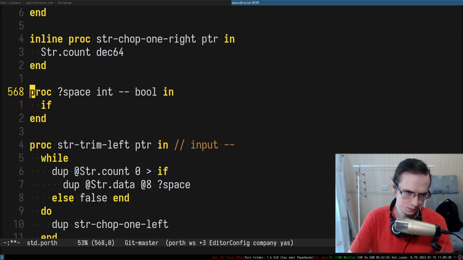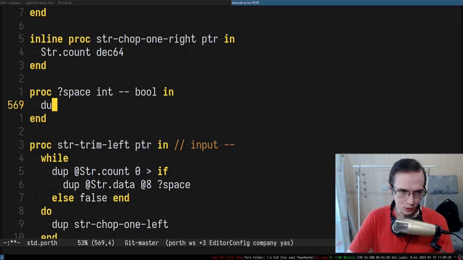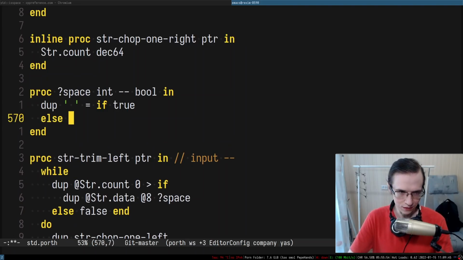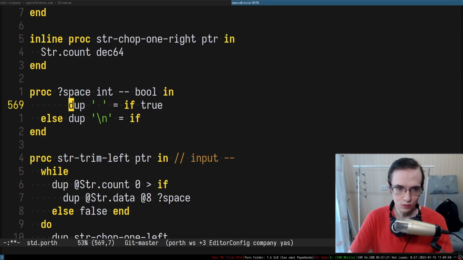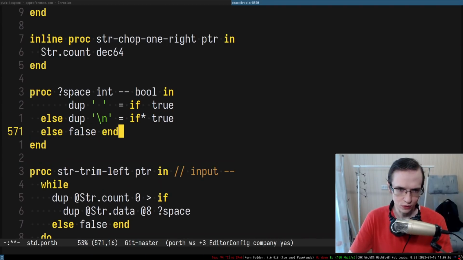They're going to be in the future. So anyway, I'm going to duplicate this thing and compare it to space. If it's true, I'm going to return true. Otherwise, if it is new line, I'm also going to return true. And otherwise, we're always returning false.